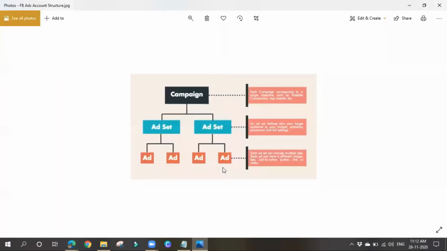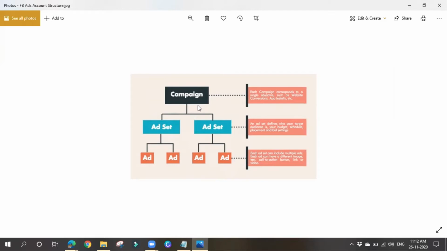Okay, so both of the structures will be almost the same, I think. All the social media platforms, wherever you run ads, every platform will have an account structure. All of them will be mostly the same. So if you see here also, there are three levels: first level is campaign level, ad set level, and ad level.